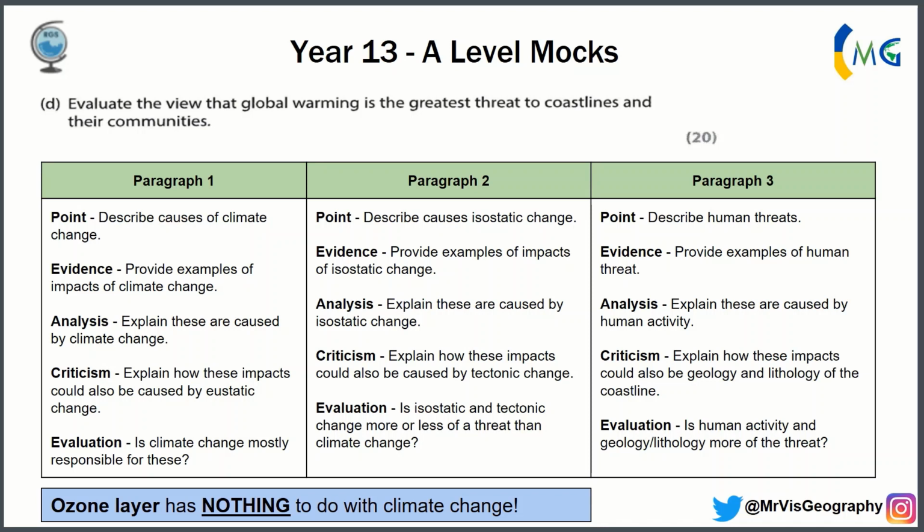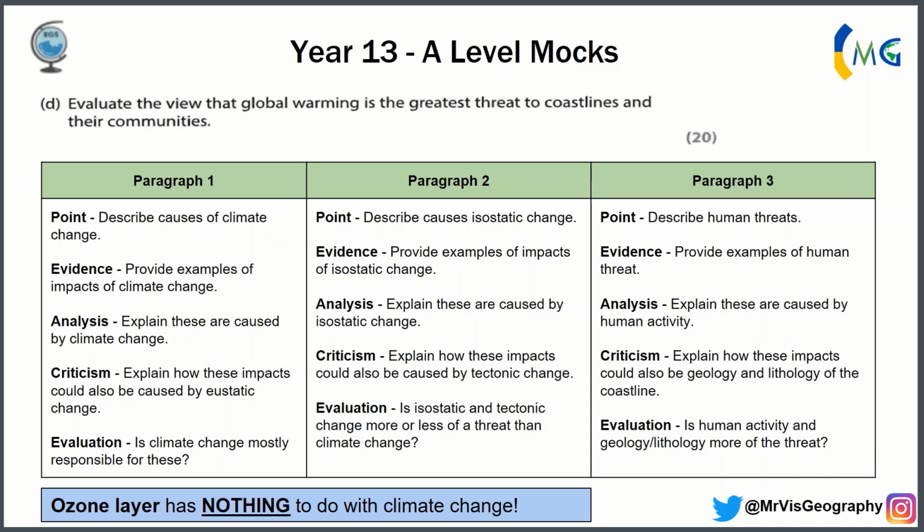Paragraph number 1 says evaluate the view of global warming. Easy, talk to me about global warming. So describe the causes of climate change. What is climate change? What causes it? Provide an example of the impacts climate change has, global warming being one of them. Explain how they are caused by climate change. How does climate change cause the impact you've just explained? Then criticism, how these impacts